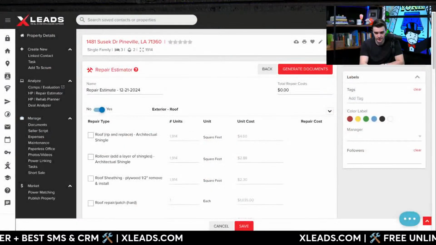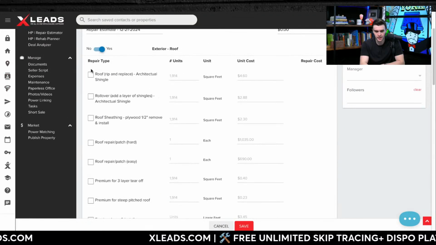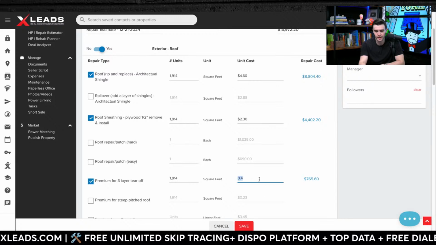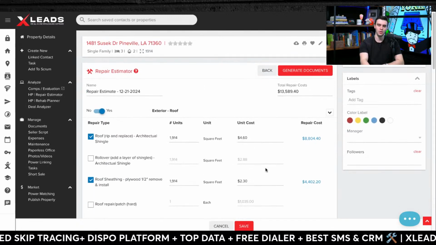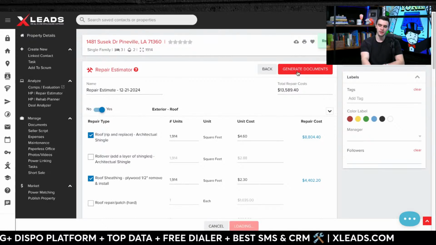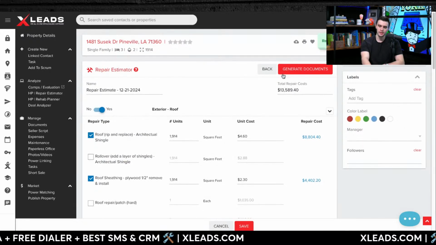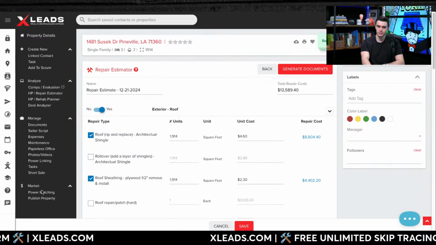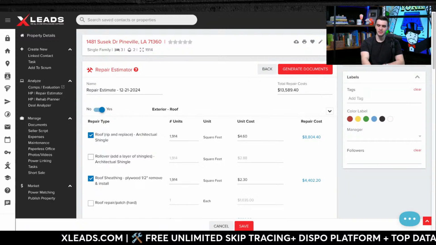But yeah, that repair cost calculator is really dang cool, right? You can go in here, go to the properties tab, and then be like, okay, add this one, add that one, add this one, and then maybe it's 0.2 instead. So change the calculation, and it'll give you a whole repair cost calculator. It'll generate a document for you, which is really cool. All right, save that. It'll load up a document for you. It's saved, and boom, the whole thing is calculated for you. So yeah, I think a lot of people don't even know it's a